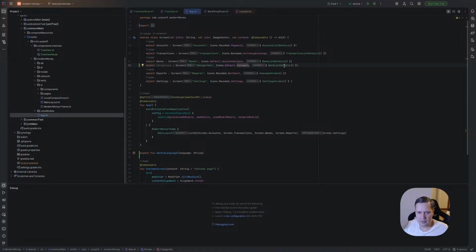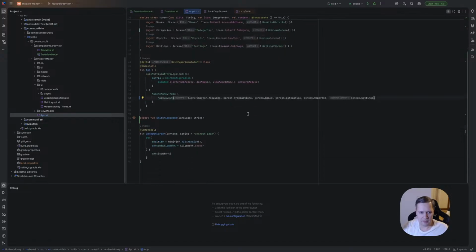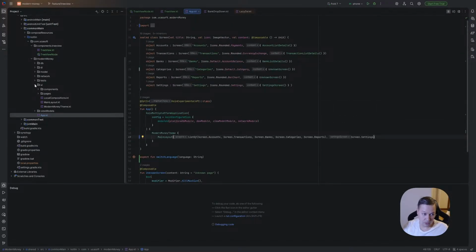We have something. And for it we use unknown screen for now, and we need to add here screen dot category. Again, I know that right now it will be really long, and maybe not so beautiful, but it's okay for now.